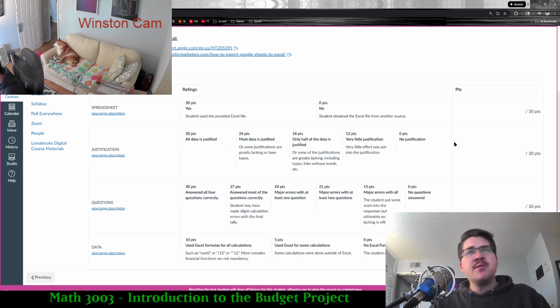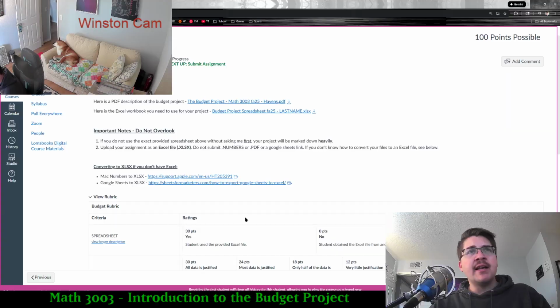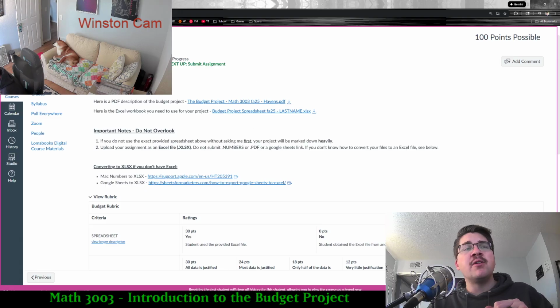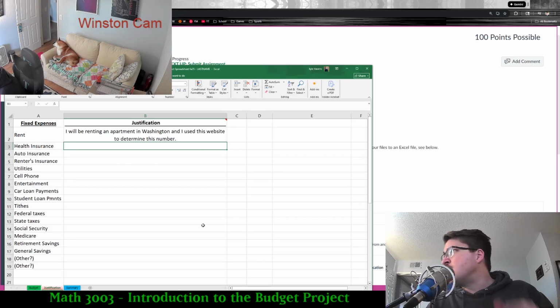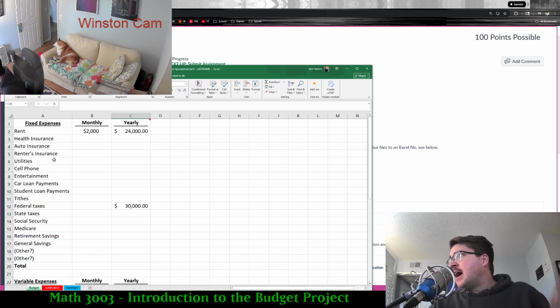Also, the rubric is posted in Canvas, so I would suggest you look through how it will be graded. But it is notable that you get a lot of points just for simply using the right file. If you are using the wrong Excel file and not downloading the one from Canvas, you will not do well on your grade. But anyways, for some of these things, you may have no idea how much auto insurance is,